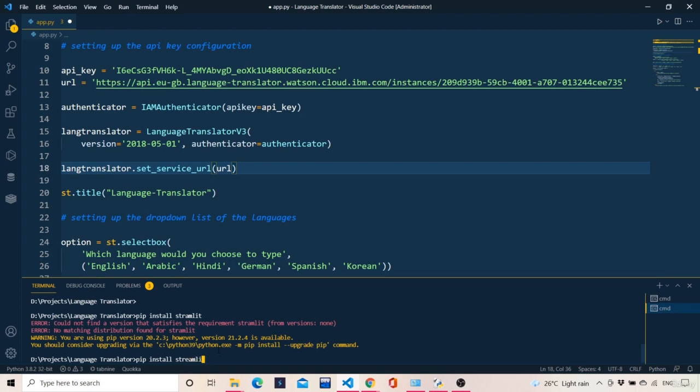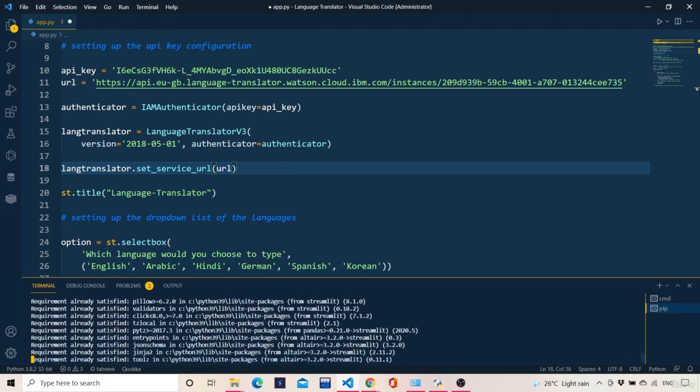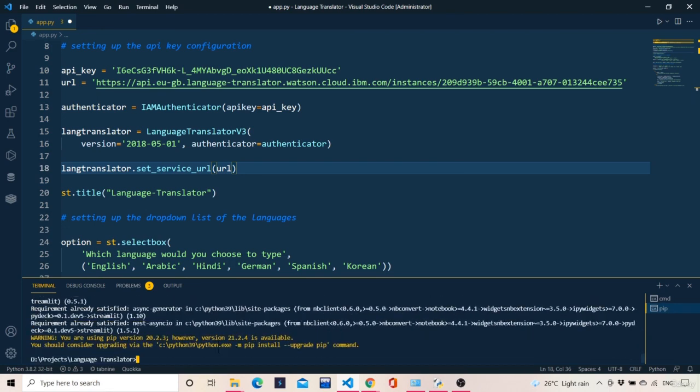Streamlit, and this should work fine. As I already have the Streamlit application, that's why it's showing me requirement already satisfied. But in case it is not installed, it will take some time to install because it is a little bit big package. So now, as I already have Streamlit installed, I will show you how to run a Streamlit